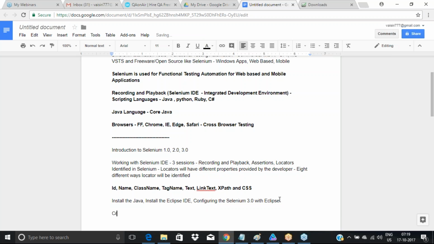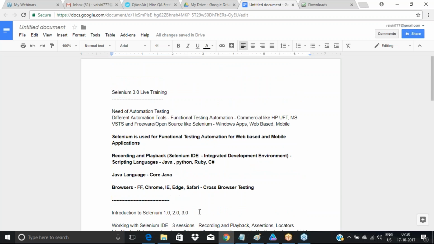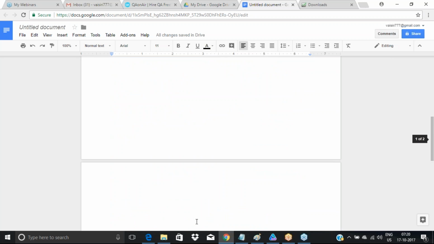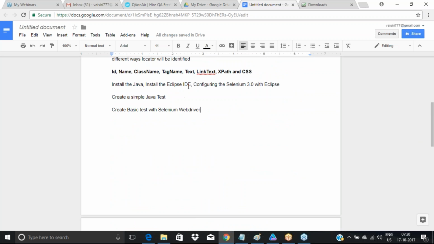So that's when we'll create a very simple Java test first to check whether the IDE and Java, everything is fine. Then we will start creating a basic test with Selenium WebDriver. So when we talk about WebDriver, you're going to use the actual development environment, the IDE, and you will